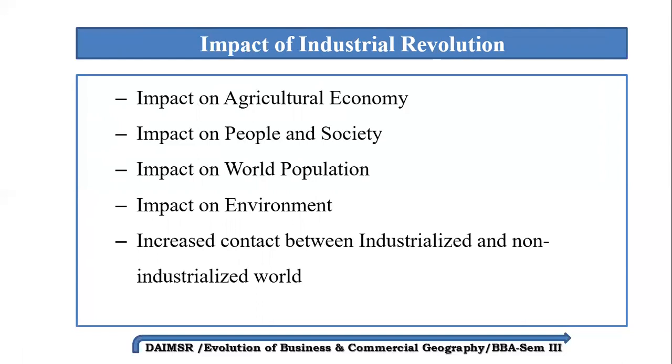Now the next impact was on people and society. The impact of industrial revolution on the people was not very positive. There was increased migration from the villages to the cities in search of employment. More people now lived in cities and worked in factories, and this population was not connected to the land. The urban areas now became the center of production and were no more limited to being the center for trade and administration. And at that time, child labor and participation of women in the labor force also increased.